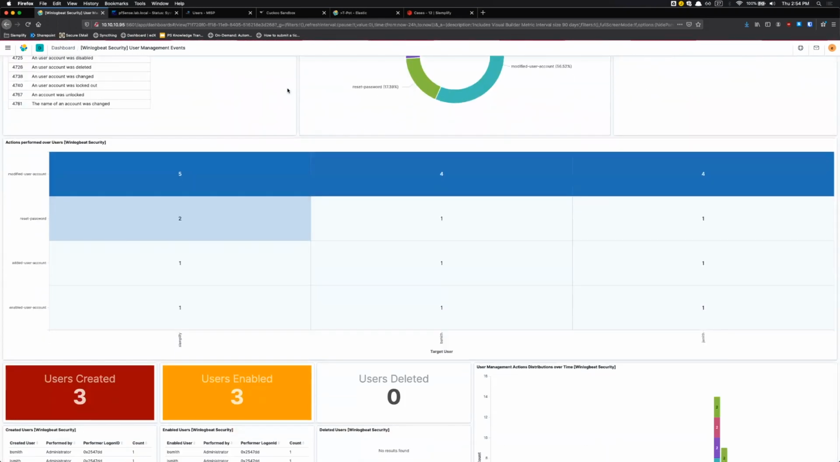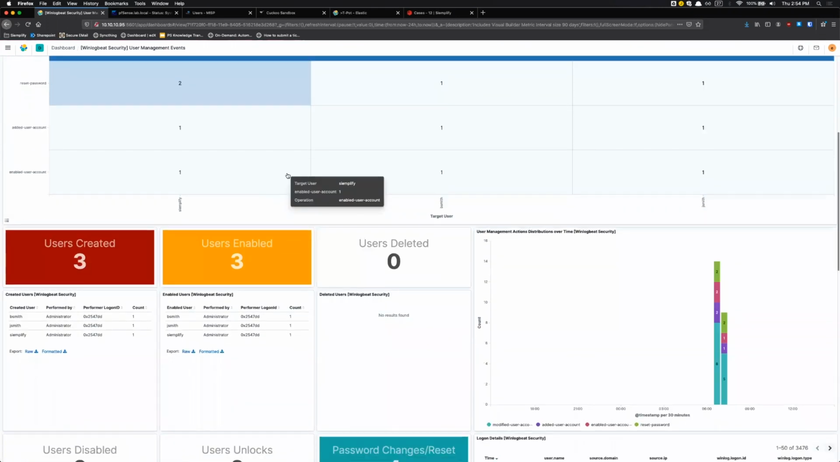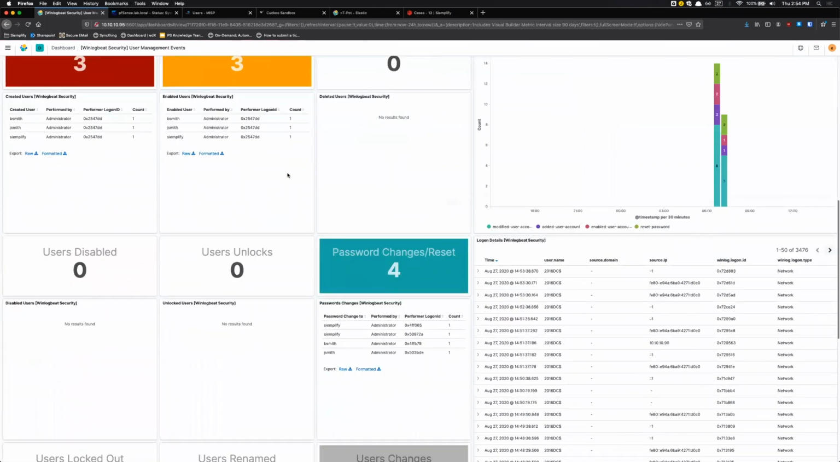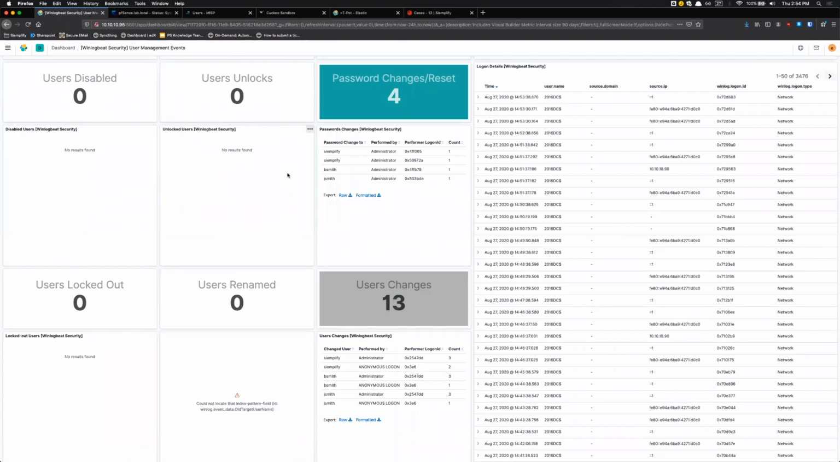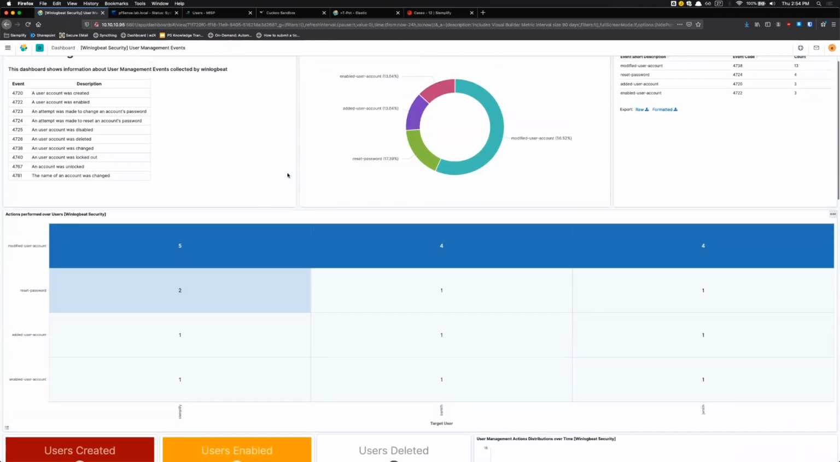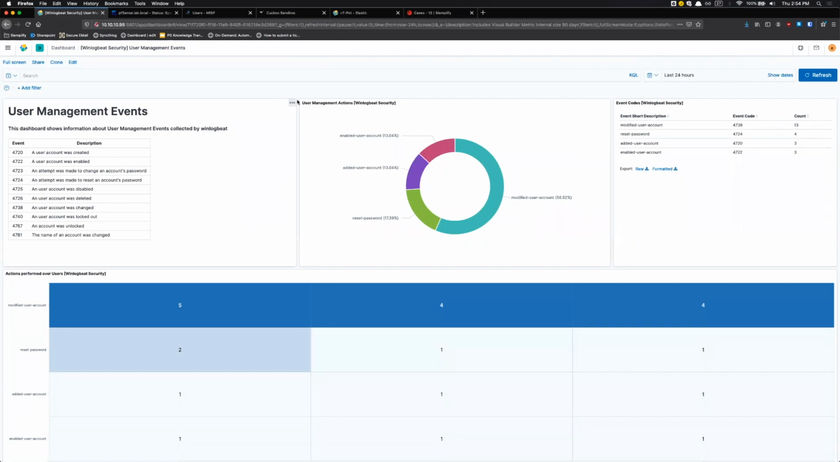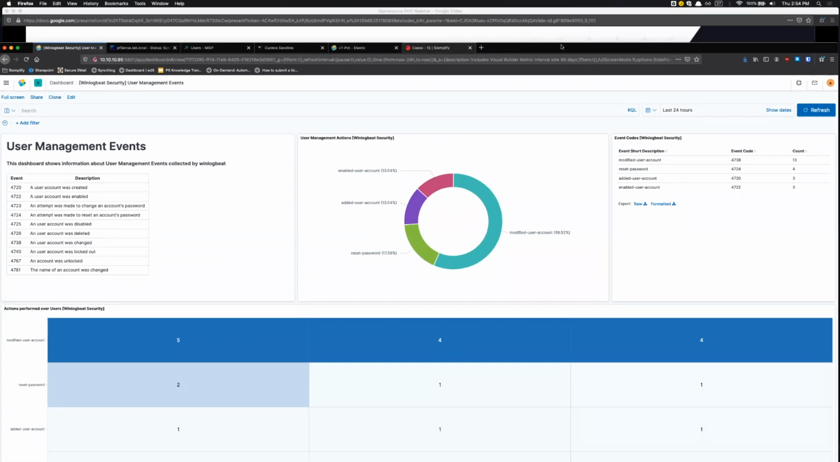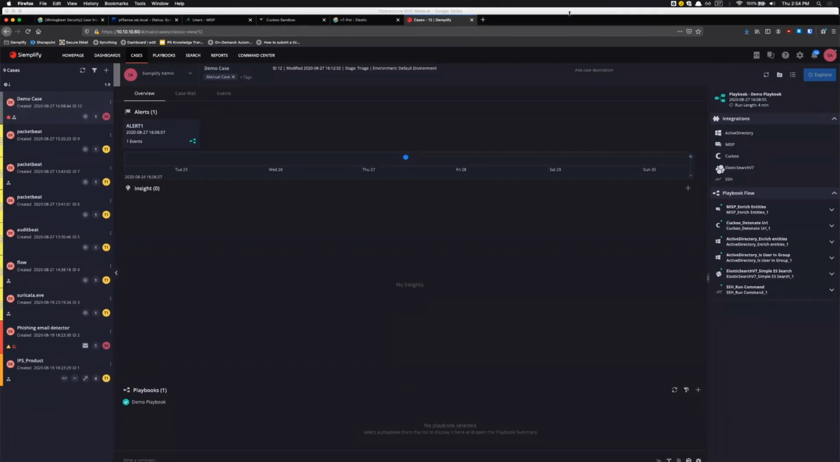I went ahead and added some users over the course of the past 24 hours, did some password resets. If I were to go look at the group pane as well, we would see all of my group memberships and additions. In order to just quickly close this out,